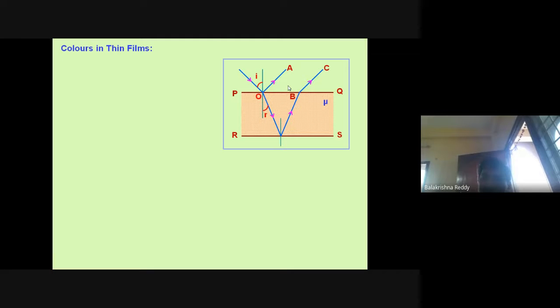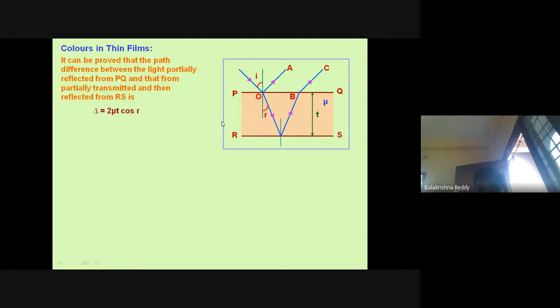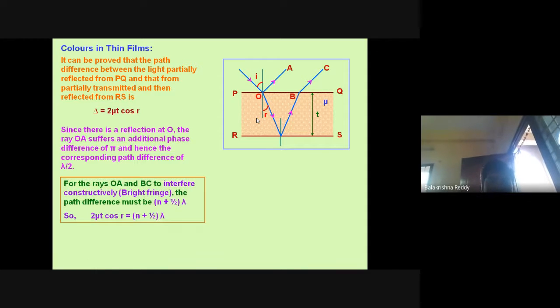You can see here, the angle of incidence, angle of refraction, thickness of the film, and refractive index of the film also affect this. So due to this, what happened? The path difference changes, that is delta equal to 2 mu t cos r. Why 2 mu t? Because 2 times it is changing its path. It depends on its refractive index and thickness, mu into t cos r. So delta equals 2 mu t cos r.